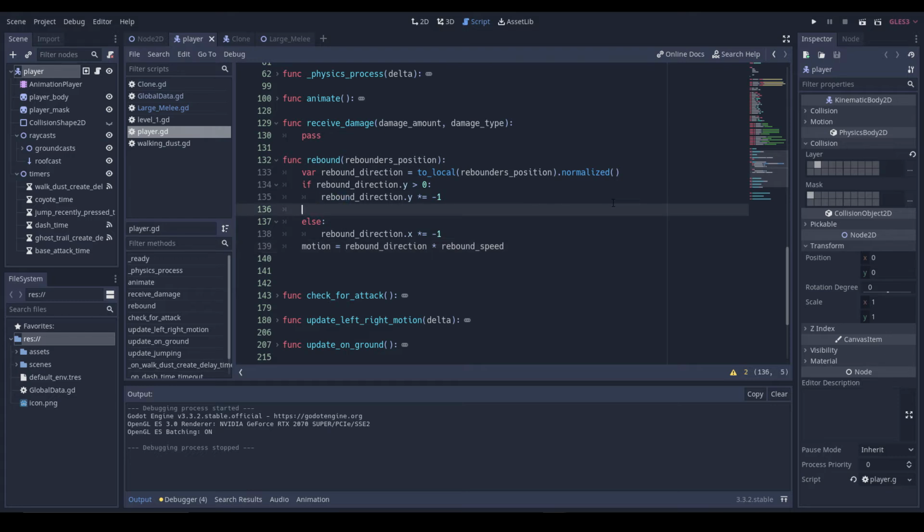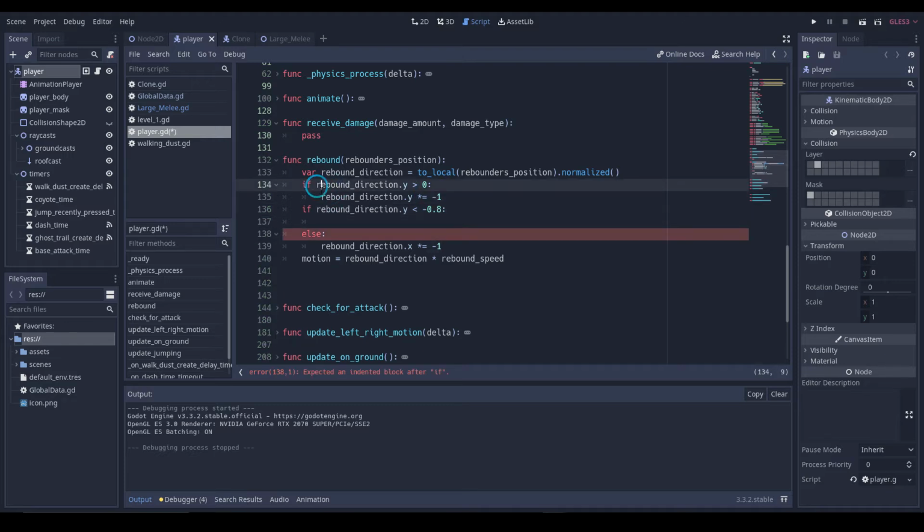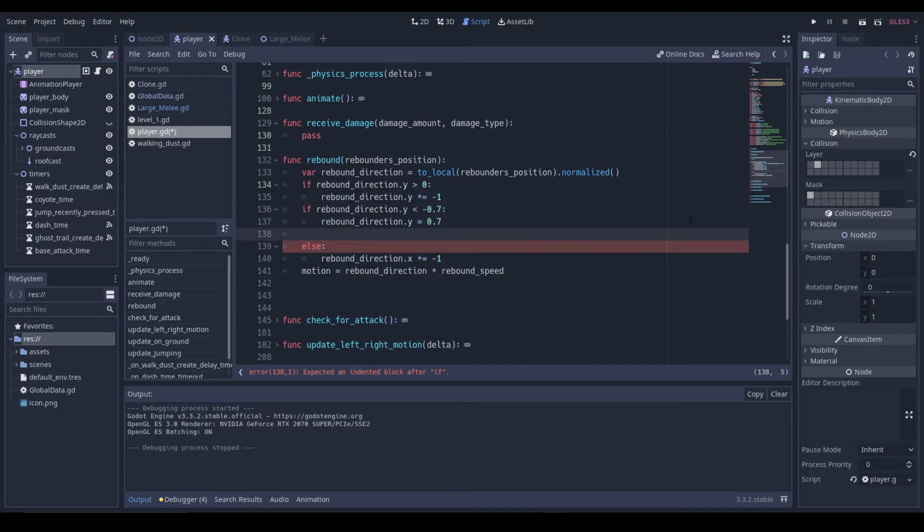So what I'm gonna do is make it that if rebound direction dot y is smaller than negative 0.8, because it's now a negative number definitely from this, and rebound direction dot y is equal to 0.8. Let's change this to 0.7 actually. And if